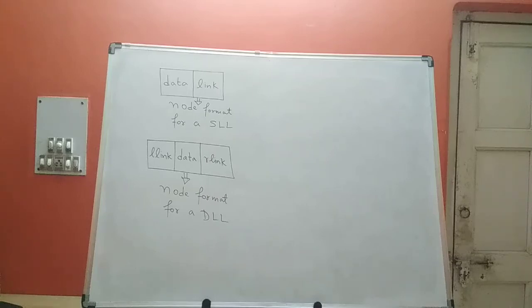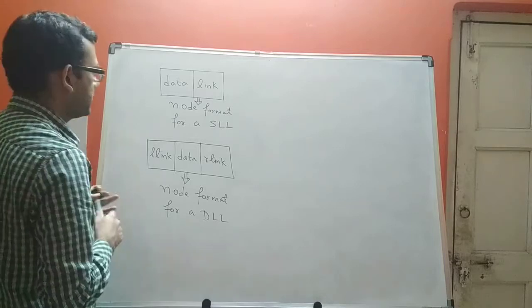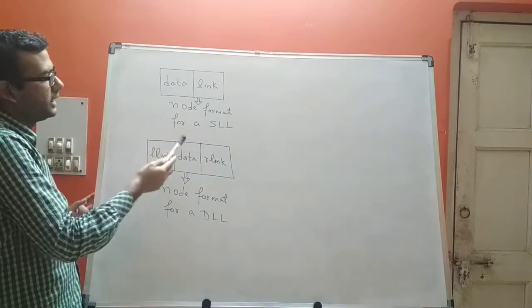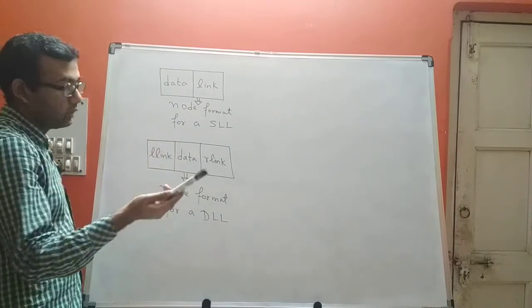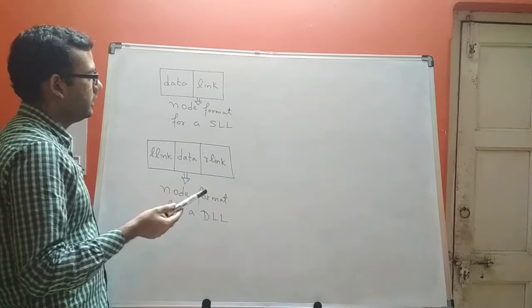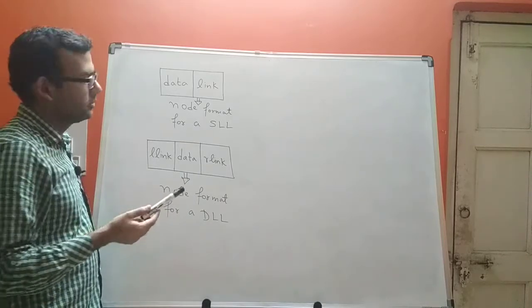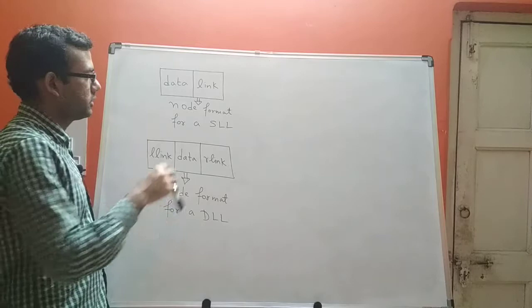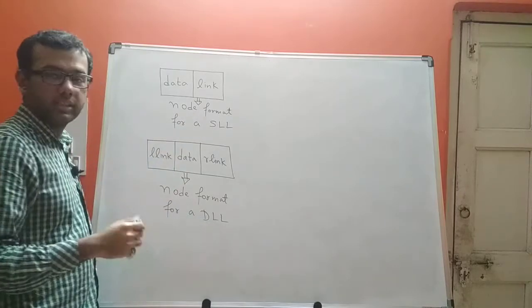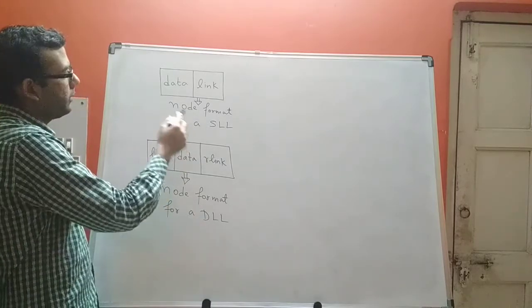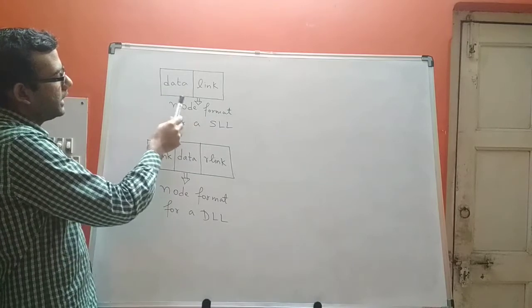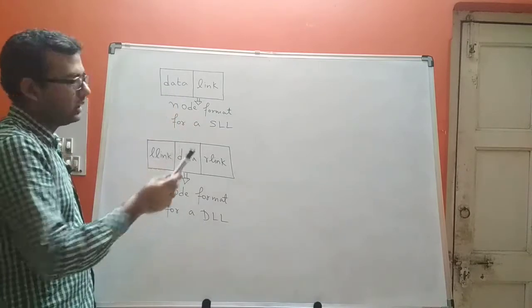Let's look at the node formats for a single linked list and a double linked list. So this is the node format for a single linked list. If you go through the previous videos, you will find that I've explained the theoretical portions on single linked list as well as double linked list. Now the node format for a single linked list is, it will have a single data part and a single